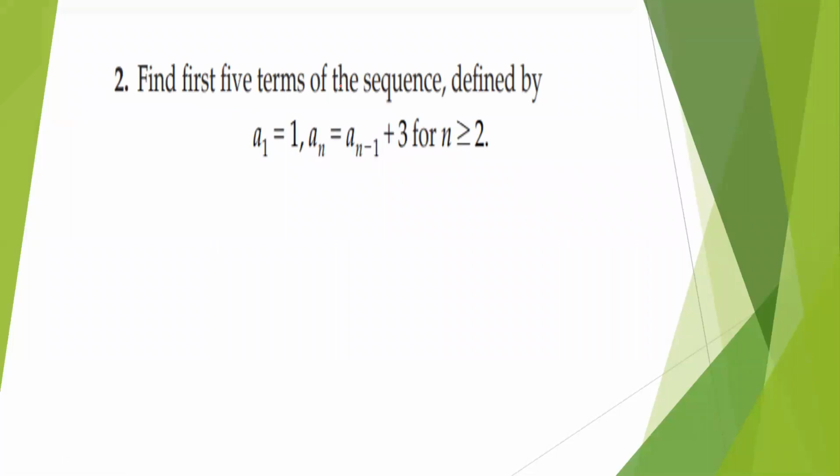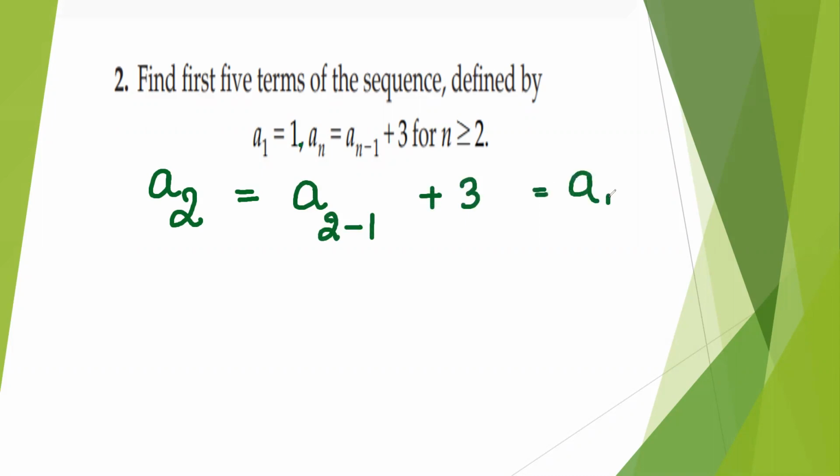So here, find the first 5 terms of the sequence defined by a_1 equal to 1. So first we have to find a_2, because n is greater than or equal to 2. So a_2 will be a_(2 minus 1) plus 3, which gives you a_1 plus 3. And now you know a_1 is 1. So 1 plus 3, 4. So a_2 is 4. Similarly, a_3 will be